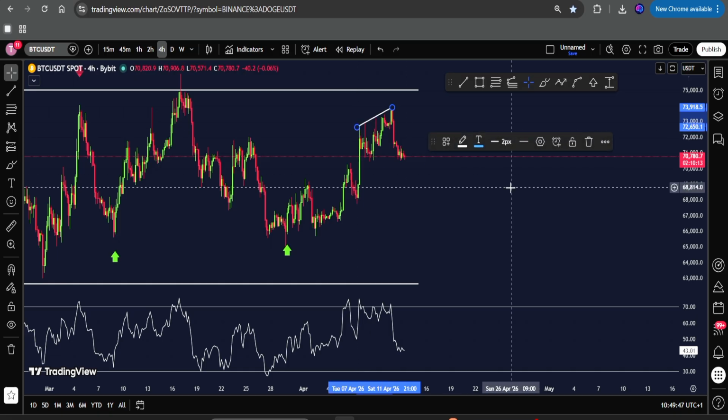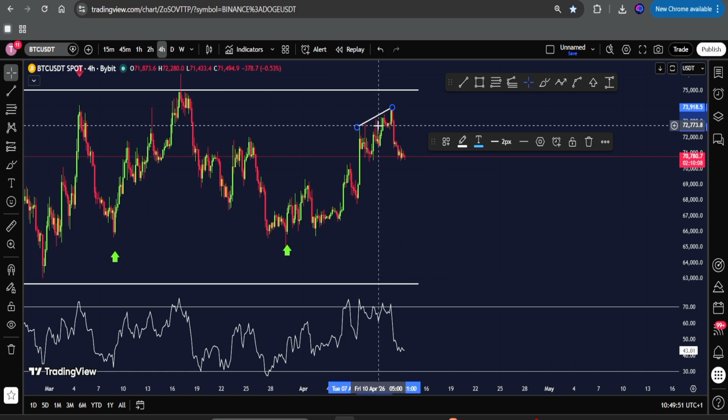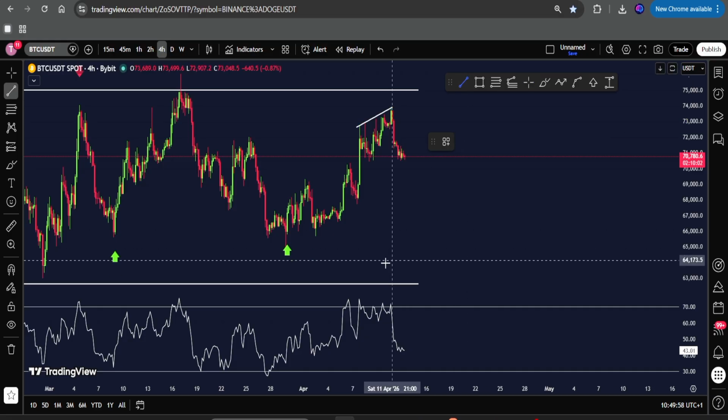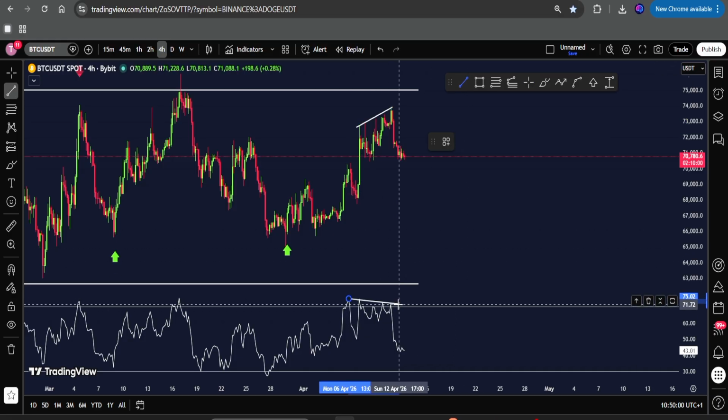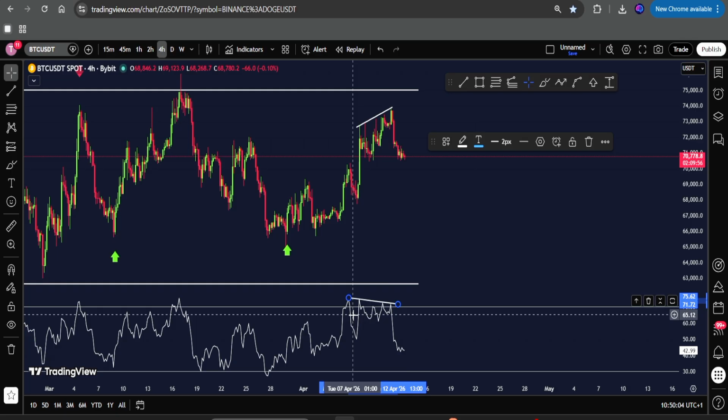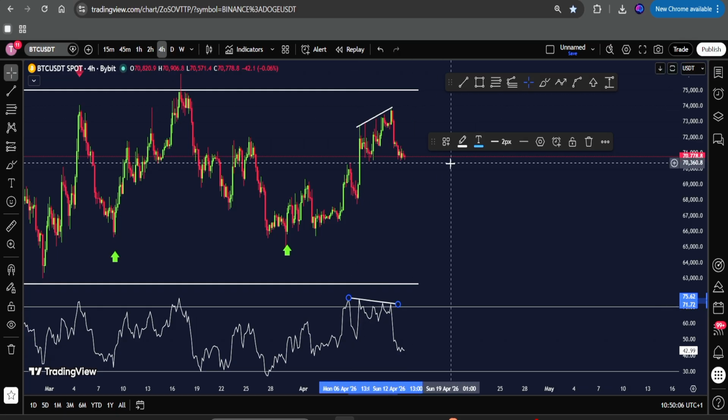You know, RSI mentioned the momentum of the price structure. So when we are seeing BTC creating a higher high here, we were not creating a higher high on the RSI. That is why right now we're having this major pullback here on the short-term price structure of BTC. So as long as we're having this bearish divergence, we are definitely going to see much lower prices from